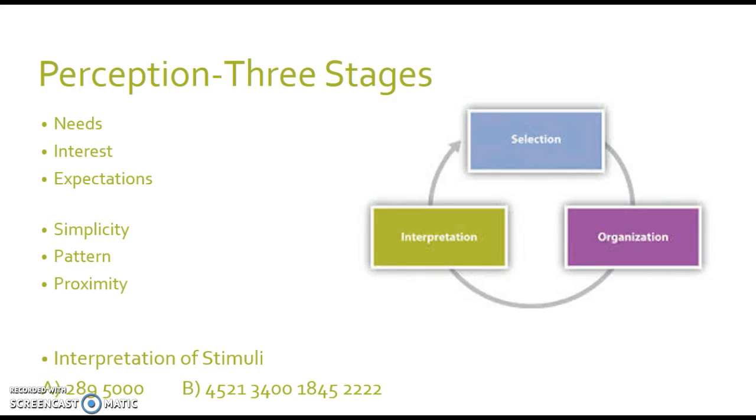As we can see, there are letter A and letter B. Both of these are a series of numbers. One could perceive letter A as the last 7 digits of a phone number, and letter B as a credit card number, but other people could perceive it in a totally different manner.